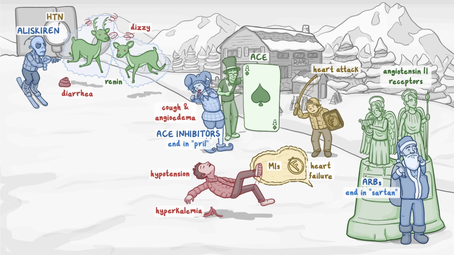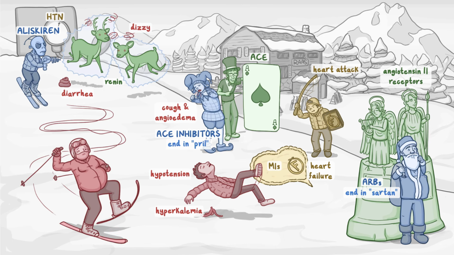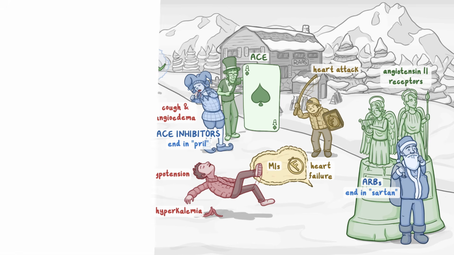Finally, skiing all the way down from the top of the slope, we have a pregnant lady who's out of control. She regrets coming to the slopes, and this will help you to remember that all three classes of drugs are contraindicated during pregnancy. Alright, as a quick recap, angiotensin and renin antagonists are a class of medications used to